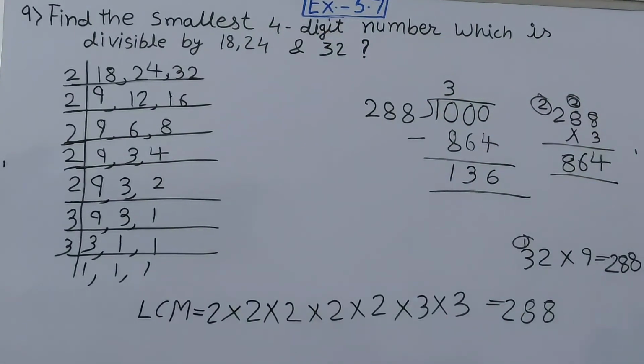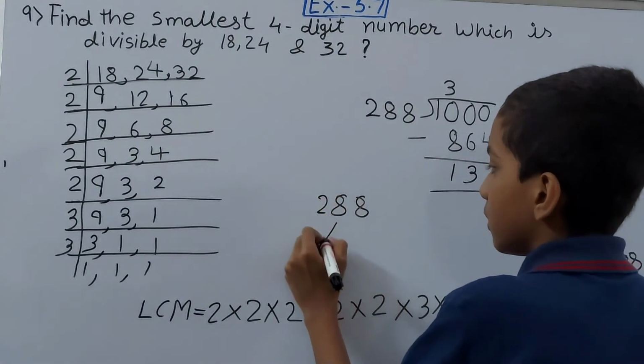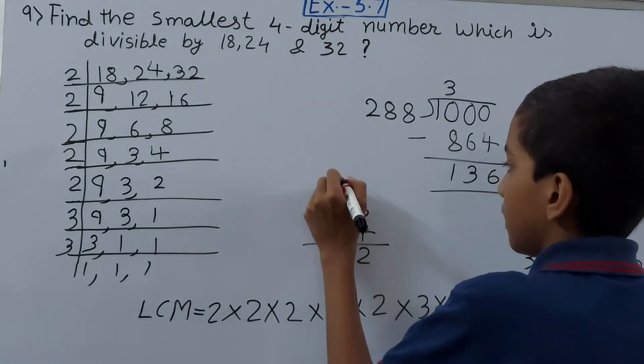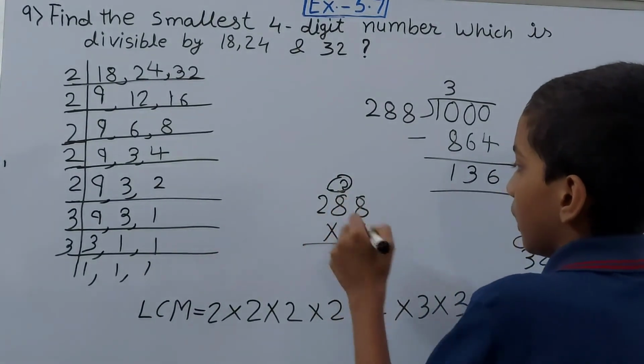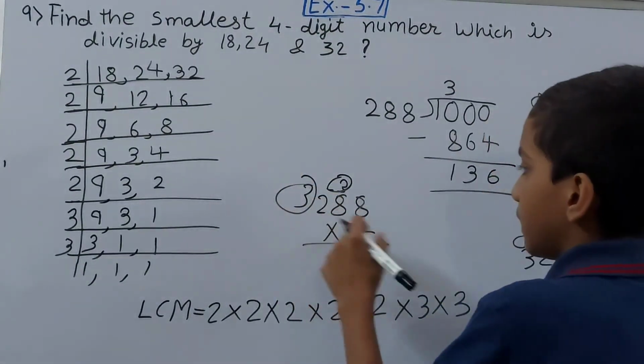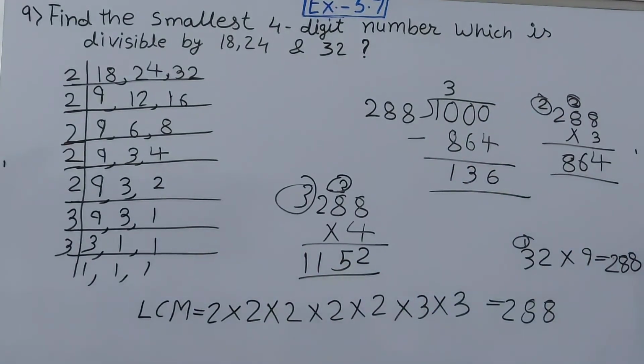Now the last step is to look for the multiple that is of 4 digits in the table of 288. So let's see. So we have done till 3 into 3. Now let's check with 4. So 288 into 4, that is 2, 3 carry. Alright, so 32 and 3, that is 35, 3 carry. Alright, and 4 into 8 is 8 and 1 is 11. Okay, so we have got the answer, that is